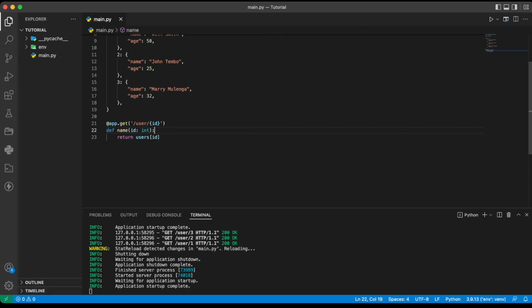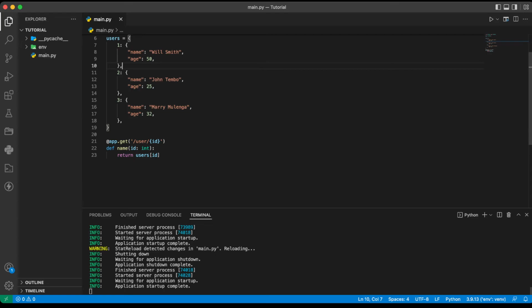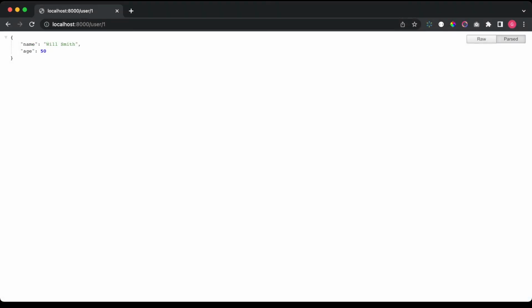So let's try the code. Let's go back to our browser and try the code. I think everything is done. Let's go back to our browser. So here, if we reload this, you notice that it will still continue working, as it's supposed to. Another thing you have to know is that this will give you editor support inside of your function